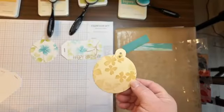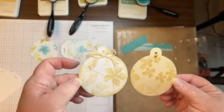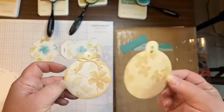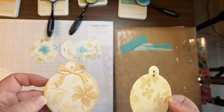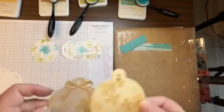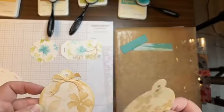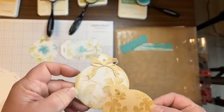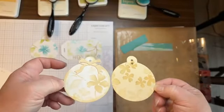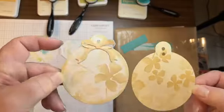This was tone on tone, but I also did it on white. And I put a little bow. Now these tags are discontinued. Go look through your stash. I'm sure you have a thin cut bow or a stamp bow that you can cut out. And I'm sure you have some tags. Use your stash. So this one you can see the shimmer a little bit better